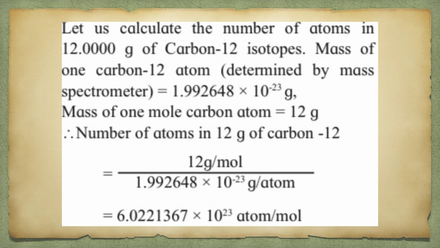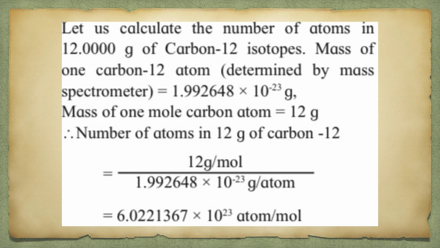Now this number is nothing but the Avogadro's constant. This is a very important term. So 1 mole of carbon, as we calculated, is equal to 6.022137 × 10^23 atoms per mole. Basically you just have to remember this number, 6.022 × 10^23